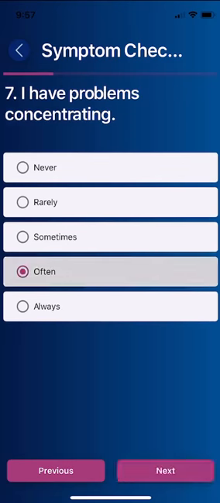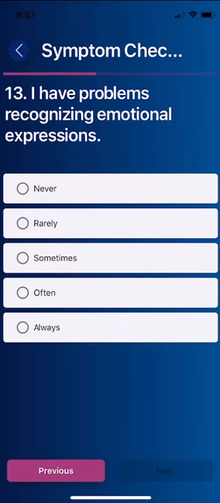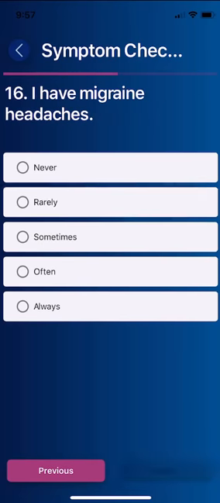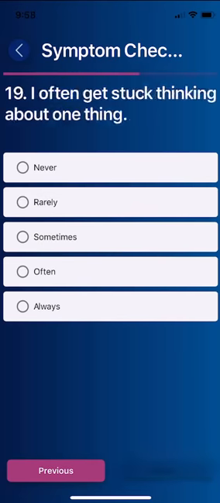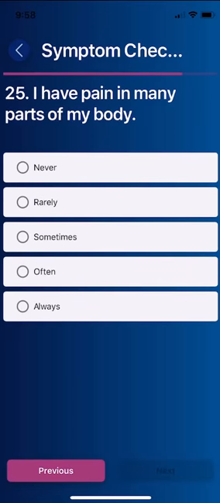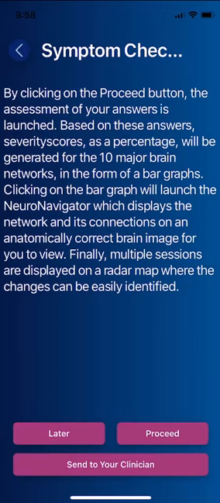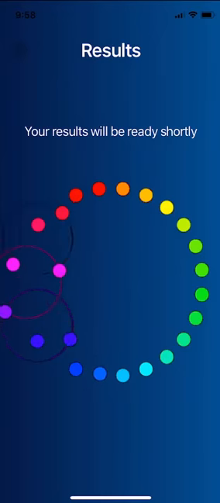So I'm going to quickly go through these. I feel sad and blue. I feel anxious. And you rank them never, rarely, sometimes, often, and always. So you're ranking in a self-report the severity of these symptoms one by one. And if a patient does this honestly and accurately, and they almost always do to the extent they can, then they'll get through this. And now it's calculating